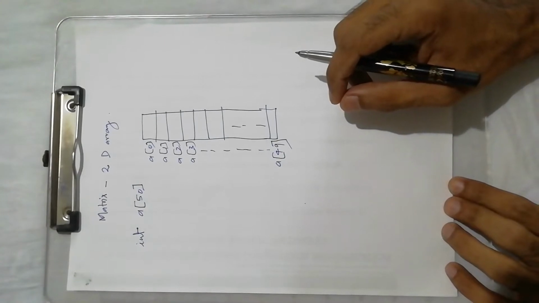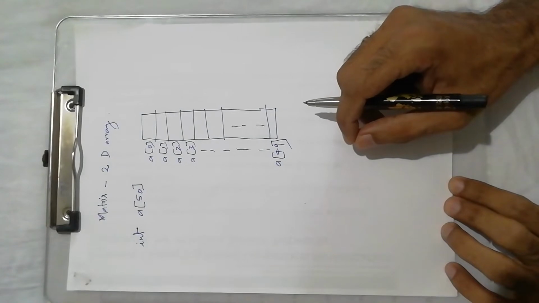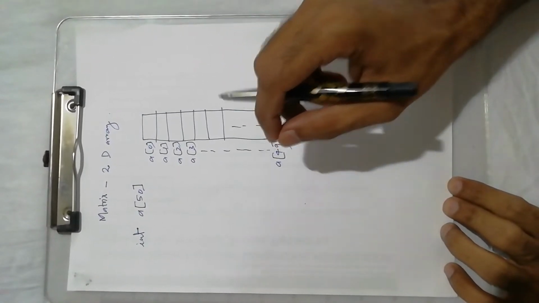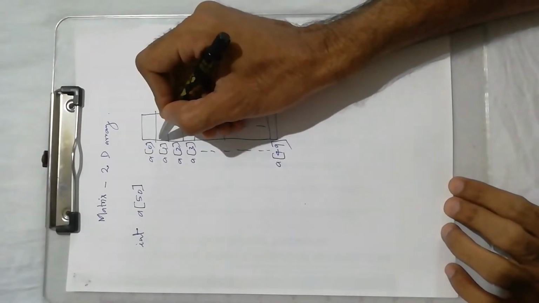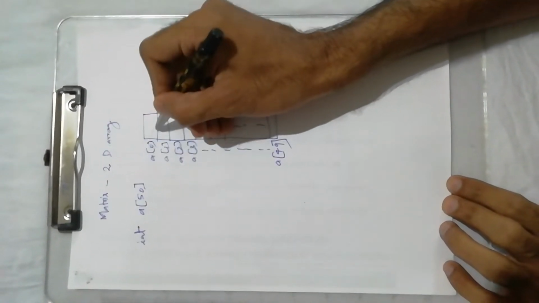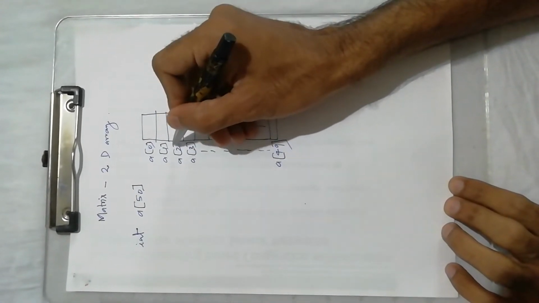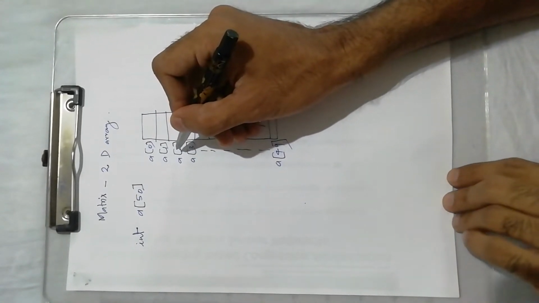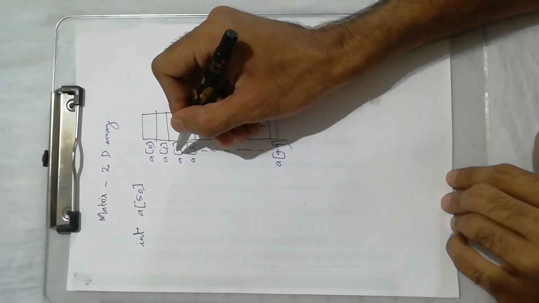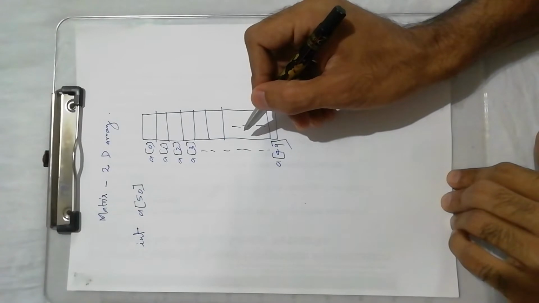two indices. That is the difference between a one-dimensional array and a two-dimensional array. In a one-dimensional array, a memory location is represented with the help of a single index. The first memory location a[0], second memory location a[1], third memory location a[2], like that. But in a two-dimensional array or matrix, each memory location can be represented with the help of two